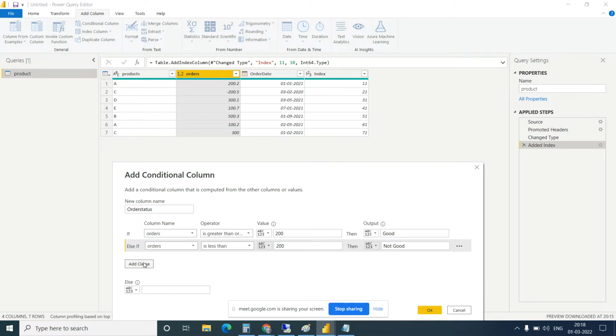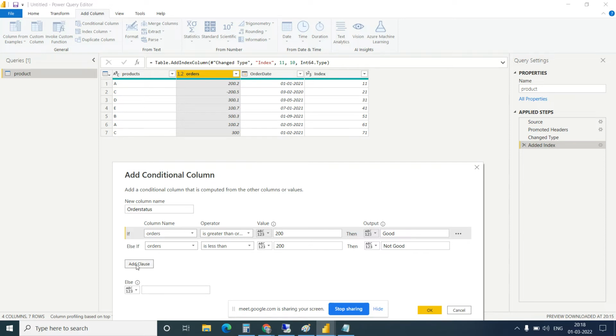It should show more than good rate. Okay, so we can add some star status. So good, not good. No, good, better. So I want to show if it is more than 300, it should show better.